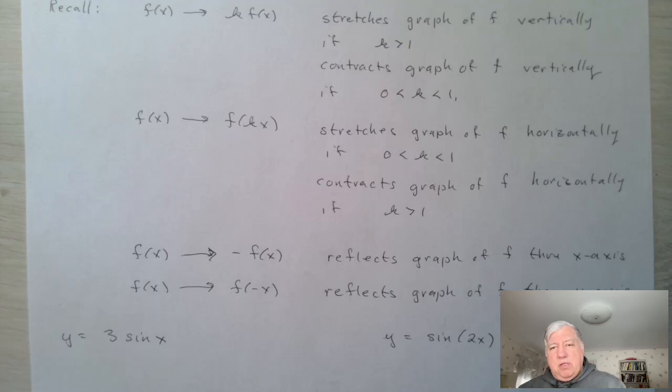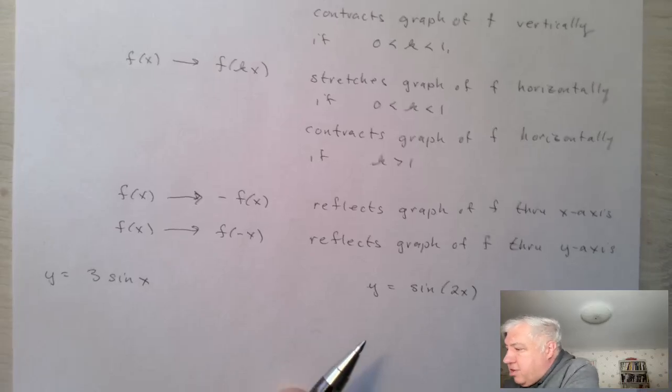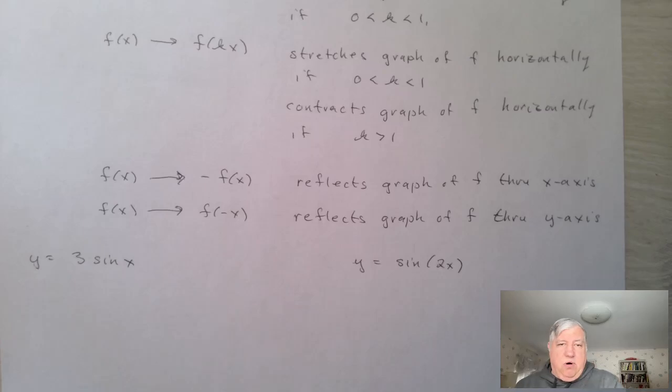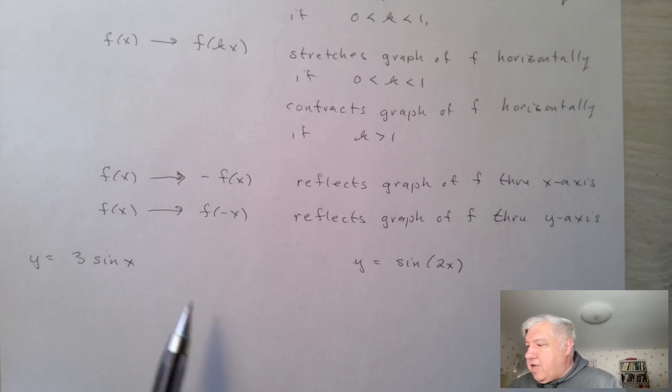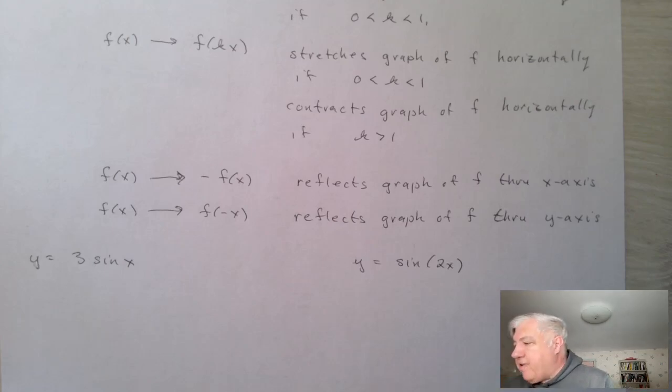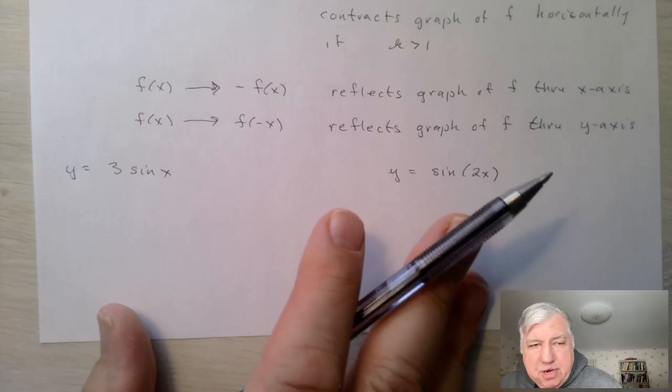But the thing here is that when you multiply the x coordinate by a number, you're stretching or contracting it horizontally. When you're multiplying the whole function or the y coordinate by a constant, you're stretching or contracting things vertically. Other things you should know: if you put a minus sign in front of the whole function, you're changing the sign of all the y coordinates, so you're reflecting the graph through the x-axis. And if you just change the sign of the x coordinate, you're reflecting the graph through the y-axis. Okay. So with that in mind, let's see what happens